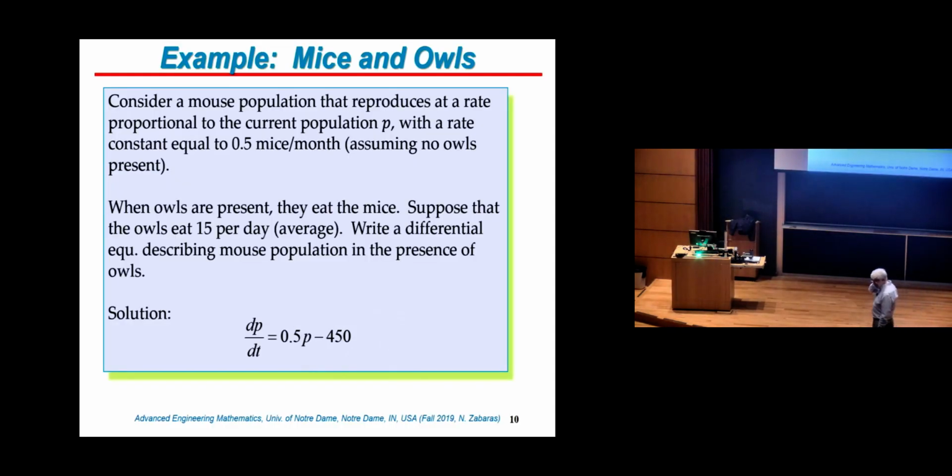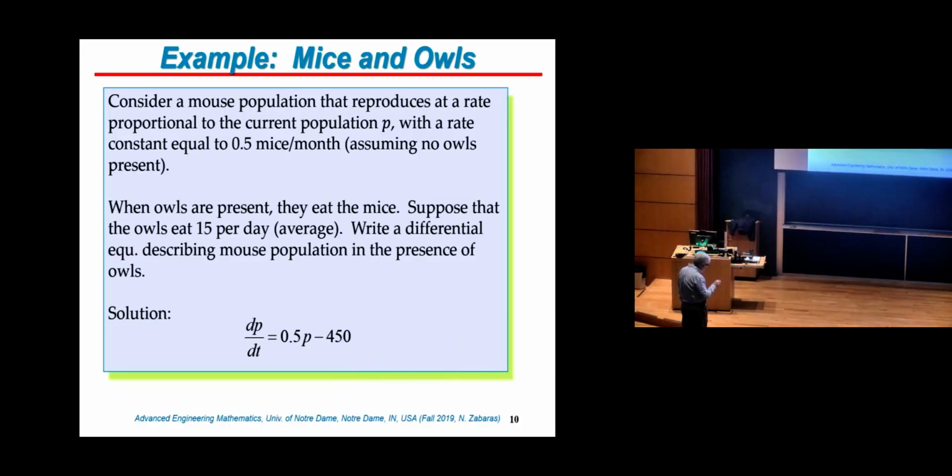So that's a nice problem in population dynamics where you have two species competing with each other. And as simple as this problem sounds, we're actually going to extend this to systems of ordinary differential equations later in the course, and you will see this population problem represents a paradigm for many, many problems in physics and engineering. So for right now, you can see there is a growth rate, but in this particular case there is also a reduction because the owls are eating the mice.